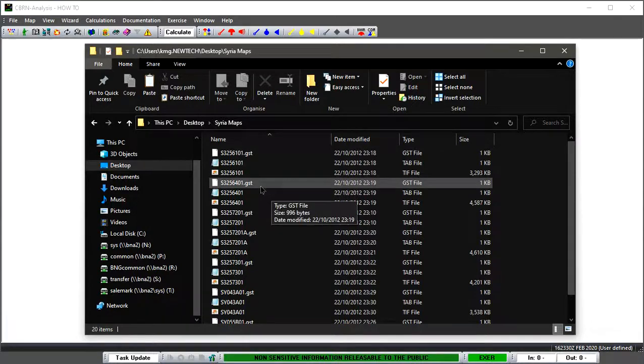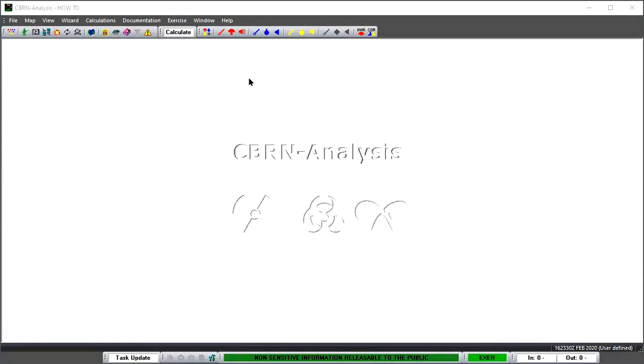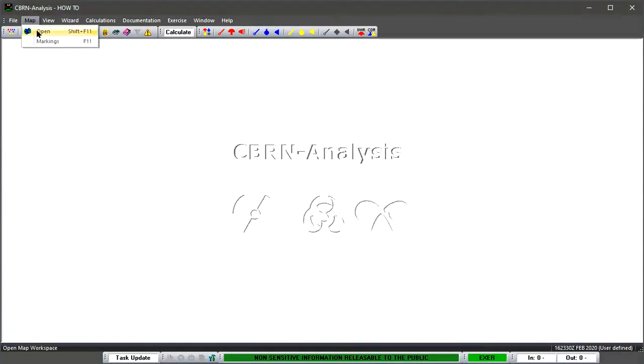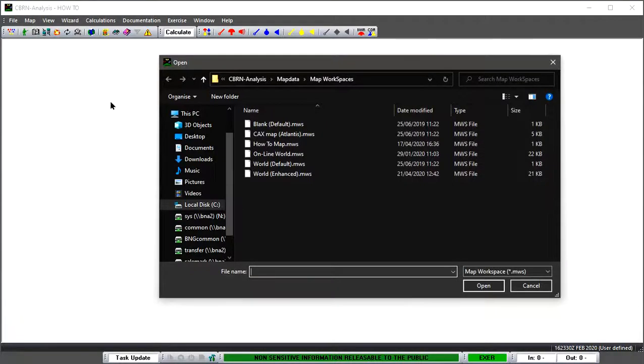Okay, so again, we're going to use old maps that we've created in previous versions of CBRN-Analysis using the old map engine and bring it in to this new version of CBRN-Analysis with the new map engine. Okay, so let's just close that down. What I'm going to do is open up the Map Workspaces folder, and I'm just going to drag Maps Belgium